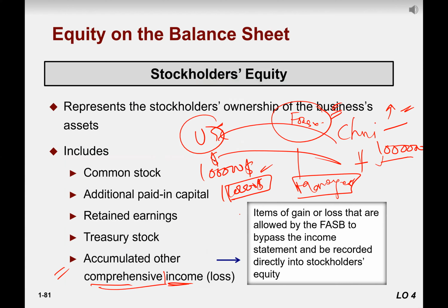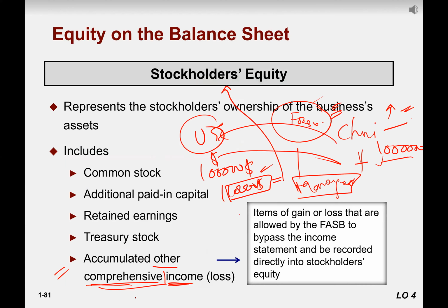So that is none of our fault. Or if you receive higher money, that is also none of our efficiency, right? Plus, that is not a business operation to earn from the foreign exchange market. So that is why we call this other comprehensive income, and that extra 10,000 belongs to the shareholder, not the manager, right? So that's why we call that comprehensive.